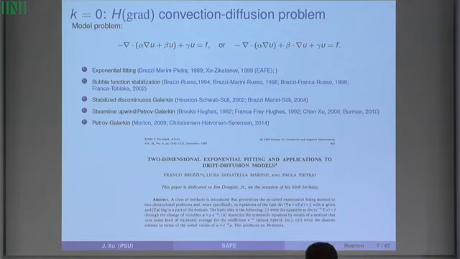So the thing is, I'm actually starting with this exponential fitting method. This U in this case is a gradient of phi. This beta is a gradient of psi. This comes from the semiconductor